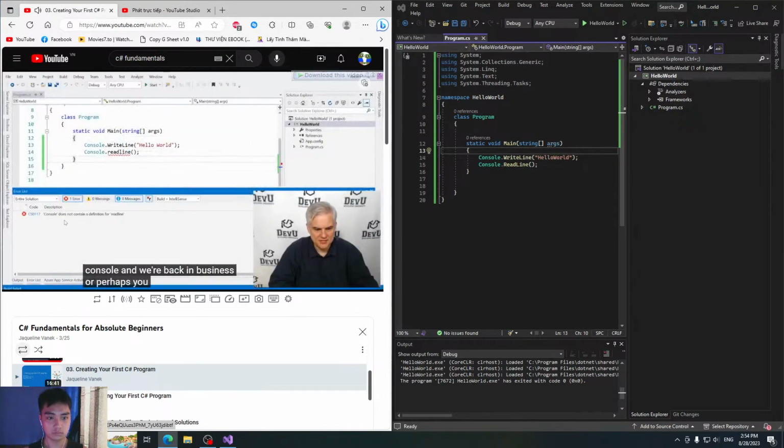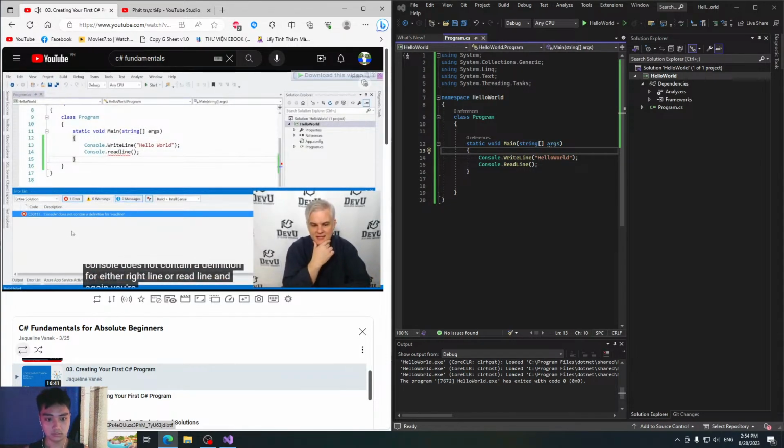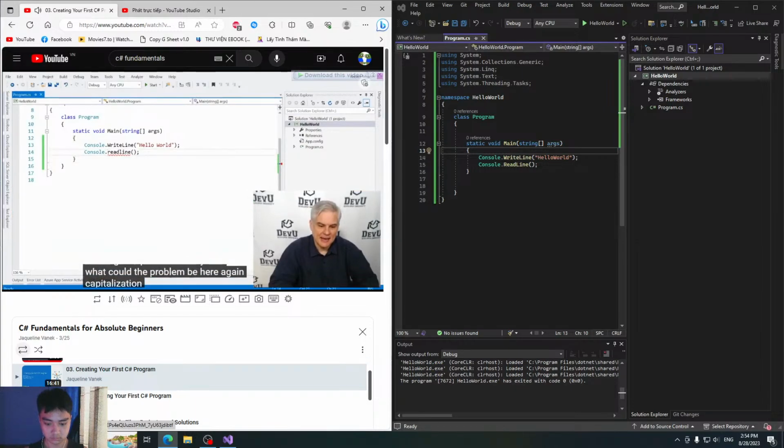Or perhaps you see something like "Console does not contain a definition for" either WriteLine or ReadLine, and again, you're looking at it and thinking it's spelled correctly. Well, what could the problem be? Here again, capitalization is important.